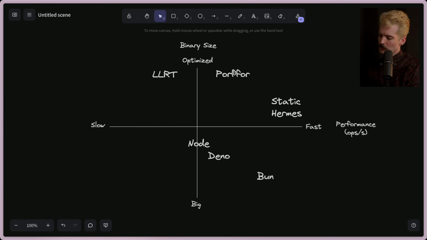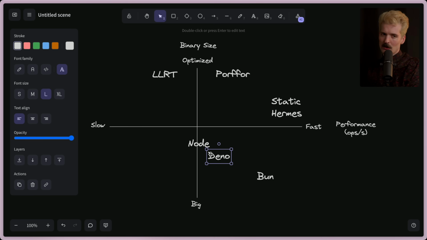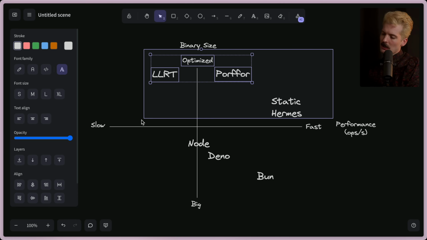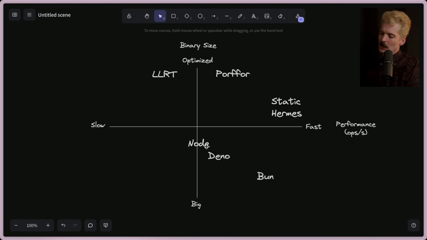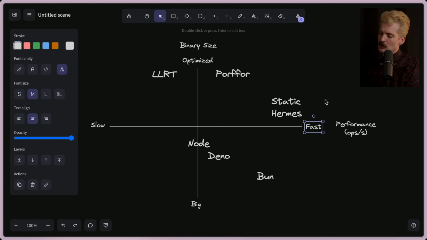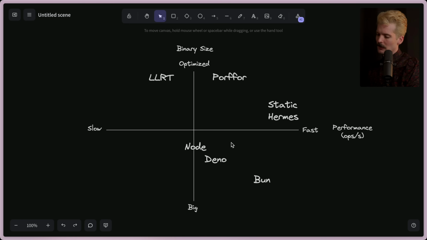It's a very unique solution, because theoretically it's slightly faster than Node or Deno and other things, but it's not as compatible. There should be a third axis here of compatibility, because Porffor, LLRT, and static Hermes are all losing in compatibility. It's almost guaranteed once you're over this binary line, where you're optimizing your binaries, you're rewriting everything, and now, as such, your compatibility is going to go down. Bun has stated the original goal of being as close to Node compat as possible. It's not there yet, but it's making a lot of progress. And then Deno is effectively fully Node compat now. But these are all the important things to consider as you look at these solutions.